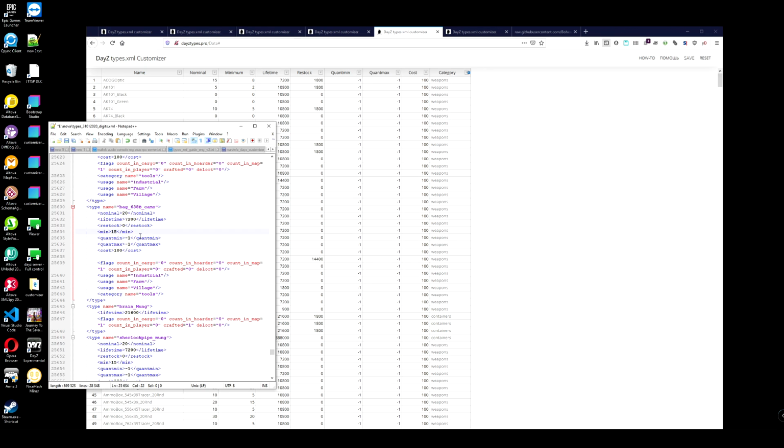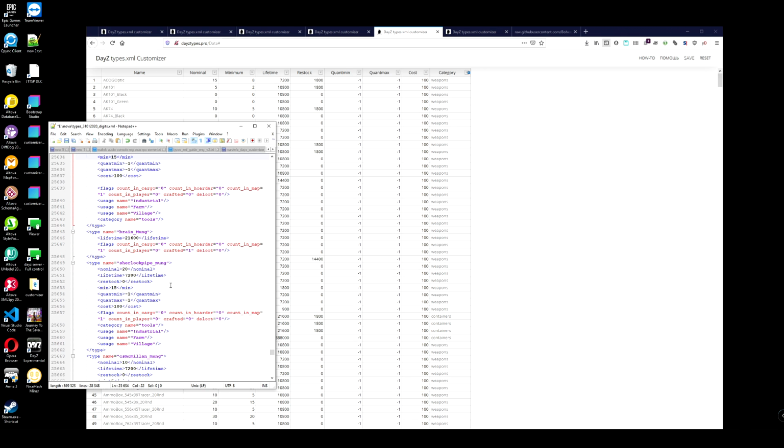But in the exported file, your minimum will still be after restock, because those are the rules of this file. So nominal, minimum, lifetime, restock, quantity minimum, quantity maximum, cost, and category.